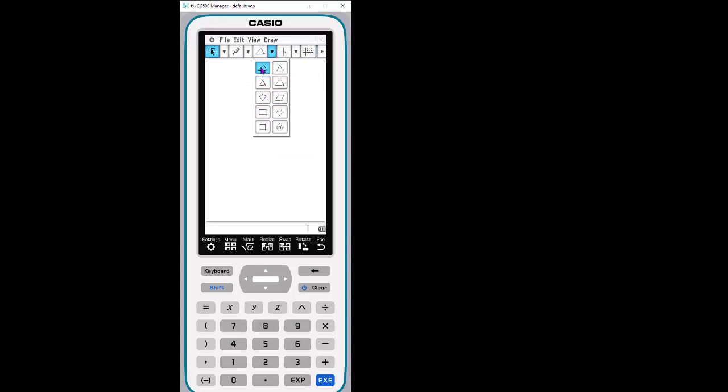One's just a basic triangle. This one has the tick marks, which means it's an isosceles triangle. This one right here is the equilateral, so I can choose that tool, which will automatically create an equilateral triangle for me. I could also access it through Draw by going to Special Polygon, and you'll see right here it's spelled out in words. Either way, it gives you the same tool.